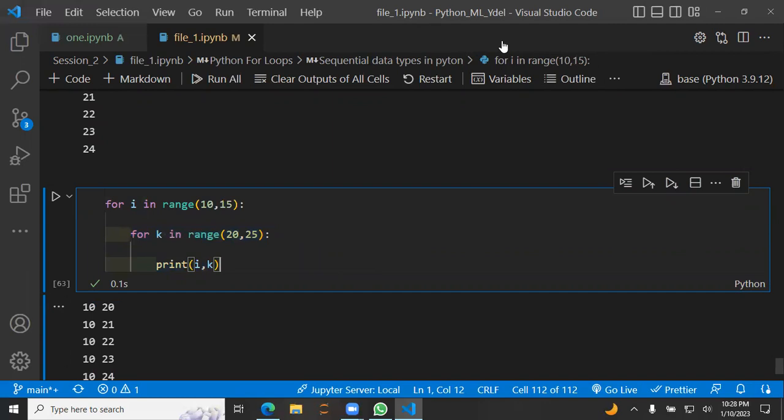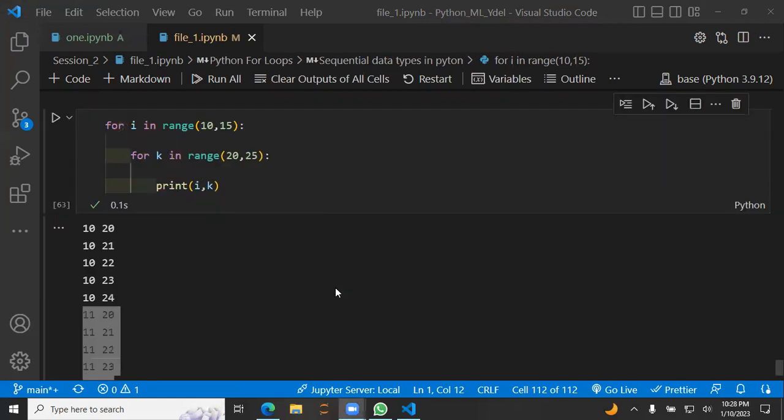Yeah, I guess you got the tricky part. i is kind of the same. It's 10 here. But this loop is saying, oh, I have 20. I have 21. I have this. So it's not letting the execution go back to this. It's like, oh, come here, I have more things. And as soon as it finishes, it's like, now you can go back up here and update the value of i. Yeah, that's all about